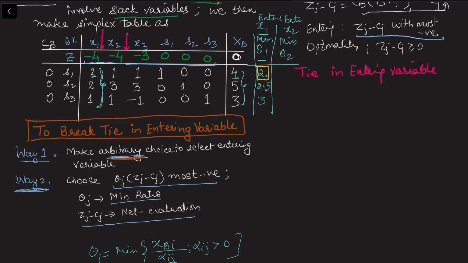And if I choose x2 as the entering variable, let's look at what corresponds to x2. If we select x2 as the variable, what are the scalars? These are the scalars, and I have to check the ratio again with 4, 5, 3, that is xbi. In this case, I will have 4 upon this one, so this quantity is 4. Then I have to take 5 upon 3, which is about 1.6. 3 upon 1, so this is 3. And here we find that the minimum ratio is 1.6.